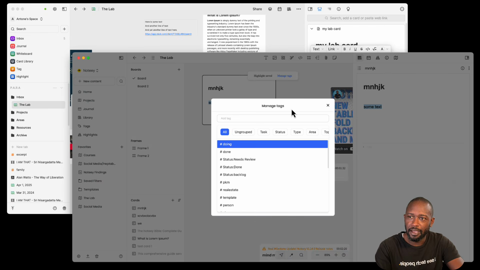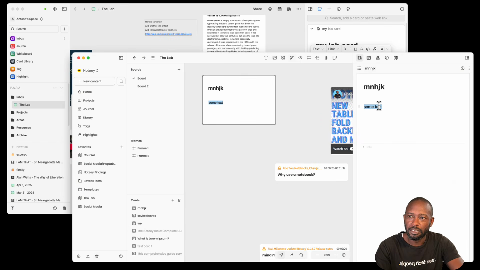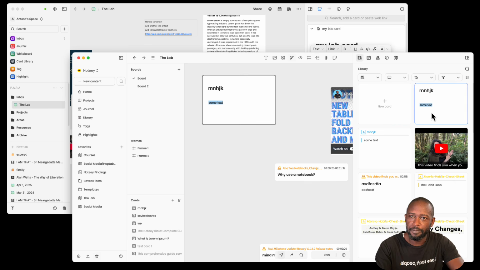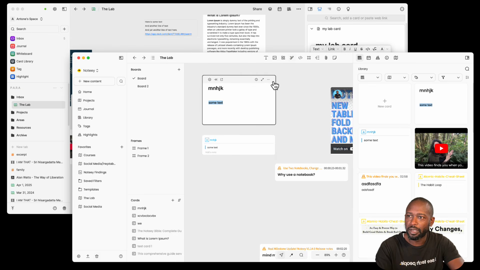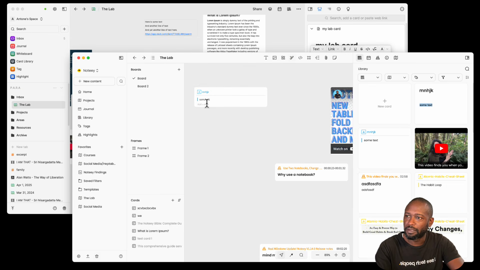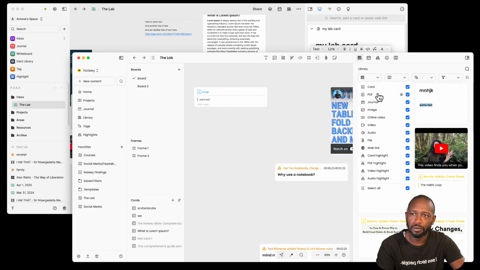I can give it a tag if I want to there, and this highlight now is an actual card that lives in the library. I can even bring that highlight over here and put that on the board. If I just want this on the board, I can remove this one off the board if I don't want that one now. So now I just have the highlight, and actually I can even leave notes for this particular highlight for that card. So we can see how much more powerful, I guess, the annotating and note taking of different things is